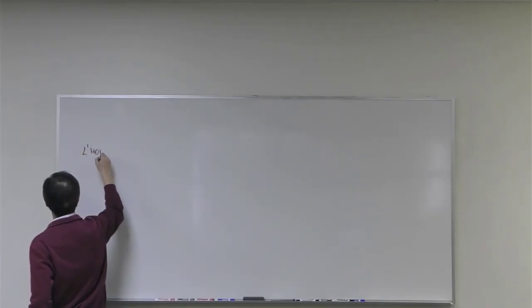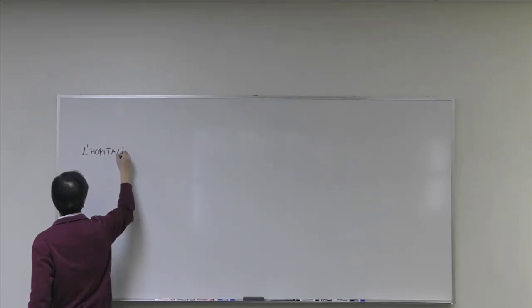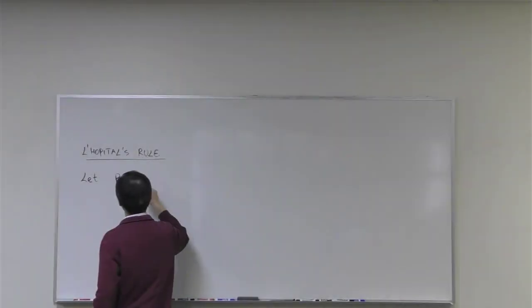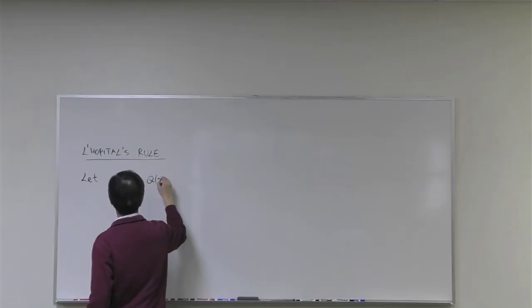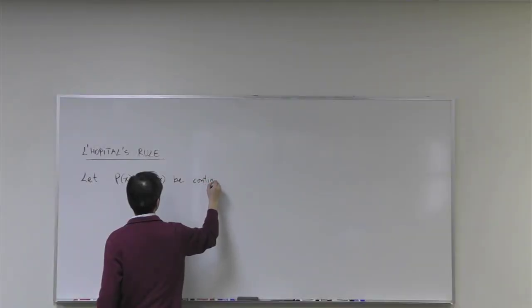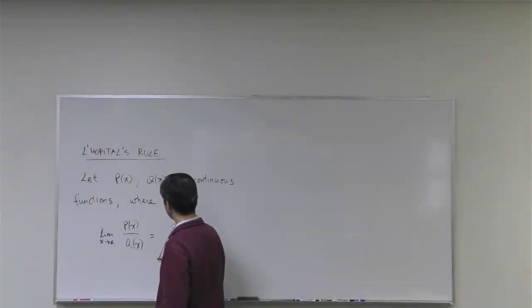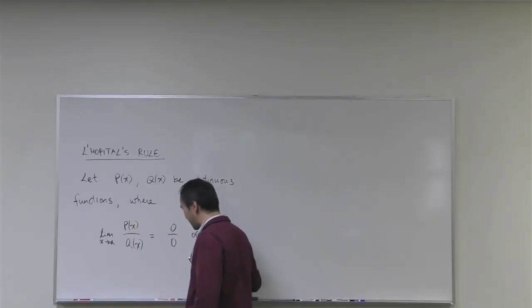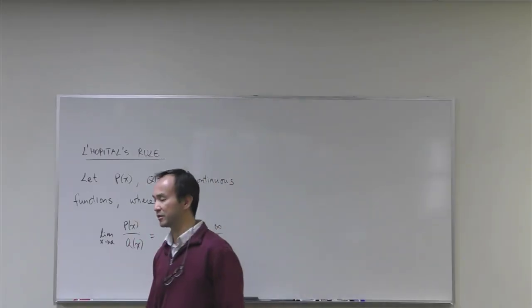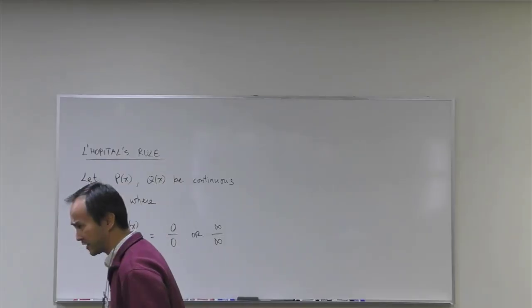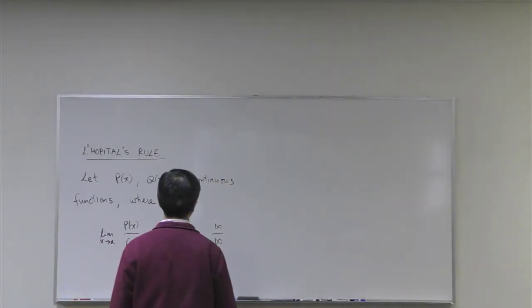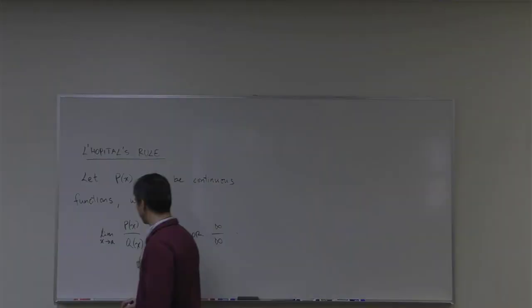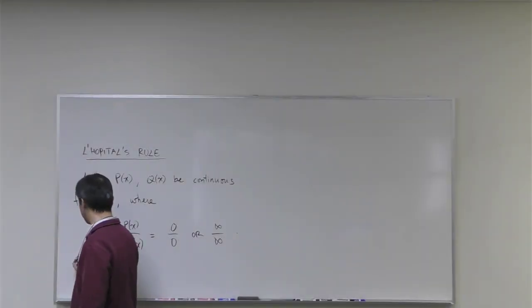So that's called L'Hopital's rule. Let P of x and Q of x be continuous functions, with the form 0 over 0 or infinity over infinity. We start out with some function and set it up as a ratio, because a ratio is the way to get to an indeterminate form, 0 over 0 or infinity over infinity. In that case, here's what L'Hopital's rule says: as long as you can show it's indeterminate,